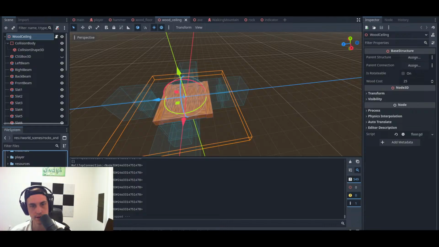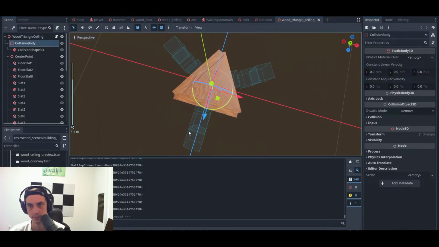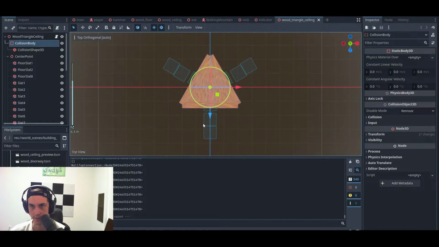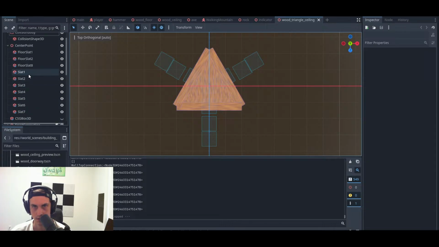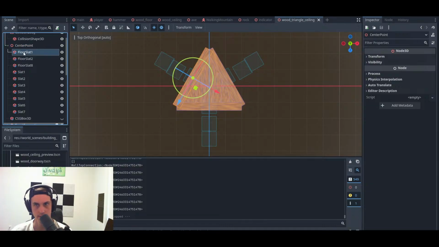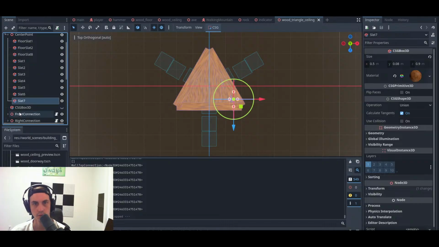Let's take a look at our triangle ceiling. We do have this. Okay, this is the center point, which has all the floor slats and stuff. One thing we could do,